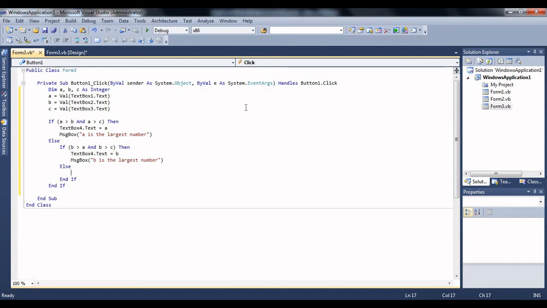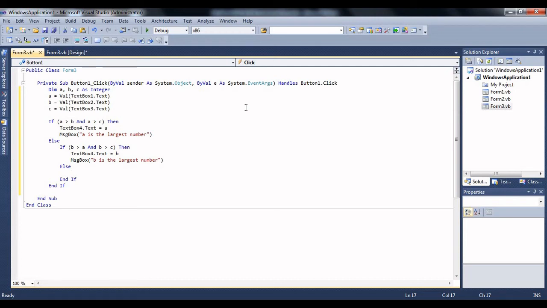c is greater than a and c is greater than b. You can directly write your answer. But even if you mention the condition here, you will get the same result. The provision is we can save our time and effort by writing the answer directly in the else part.